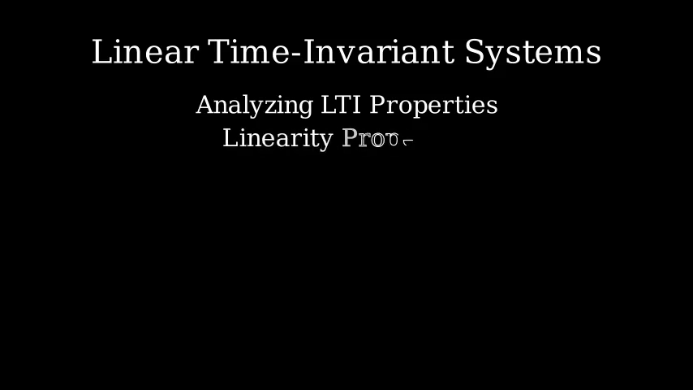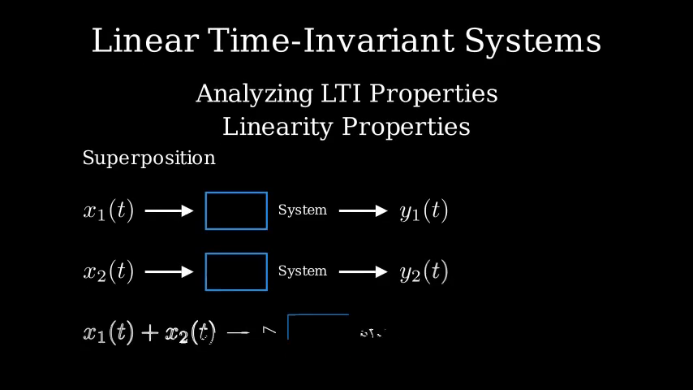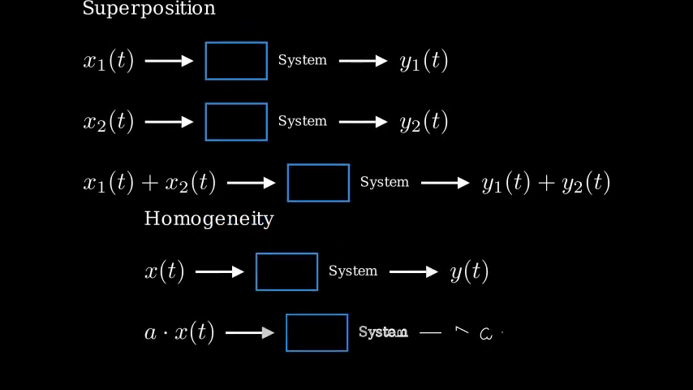A system is linear if it satisfies two key properties: superposition and homogeneity. Superposition means that if input x1 produces output y1, and input x2 produces output y2, then the input x1 plus x2 must produce the output y1 plus y2. Homogeneity means that if input x produces output y, then input a times x must produce output a times y,